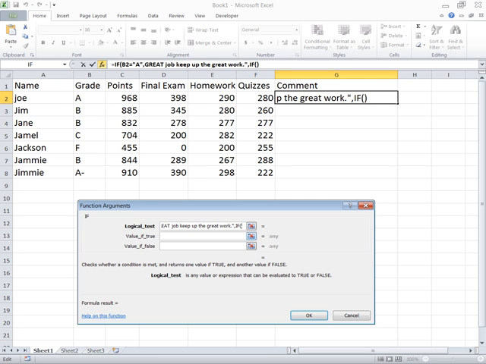If, again, the cell equals, and this time I'm going to look for an A minus, then I'm going to say, comma, and here, because I don't want to type a lot, I'm going to copy just these words that I have here, and go over here and paste them in. But I don't want to say quite the same thing, so I'm going to modify it to